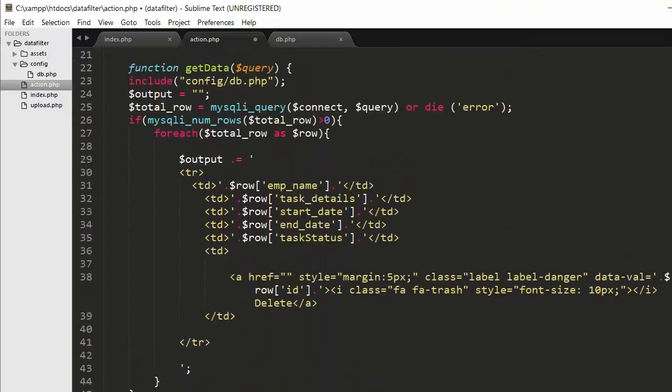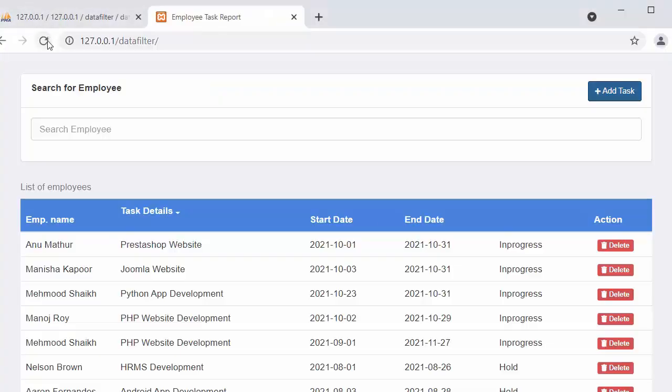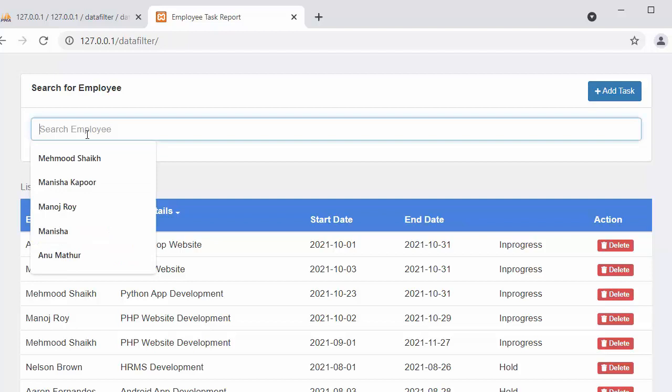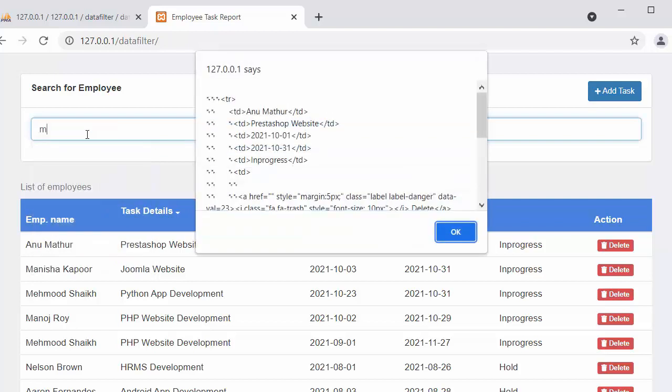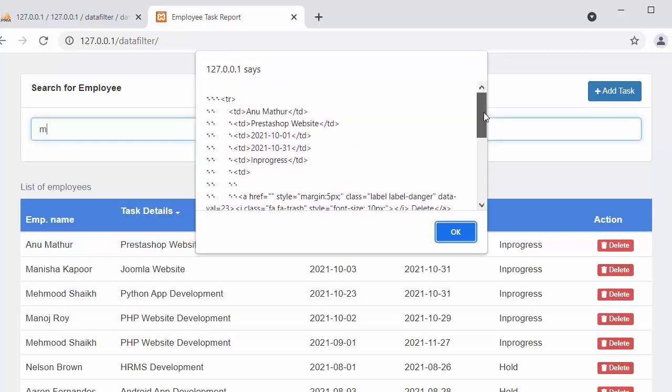Okay, now let us save it and let us refresh the page, and I will type M. See, it started displaying the details of the record which has the M letter in it.